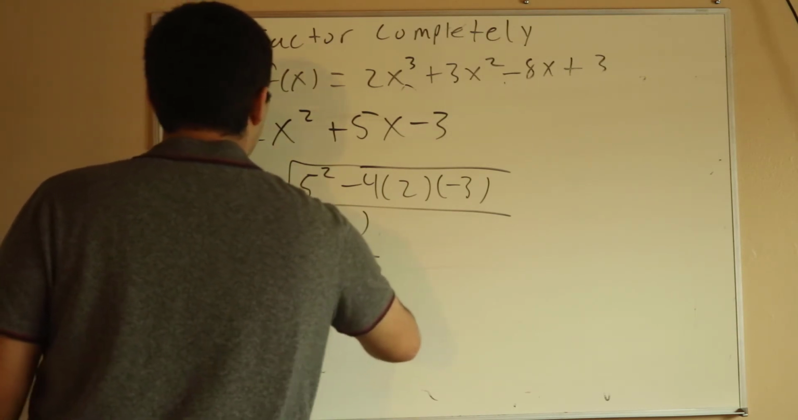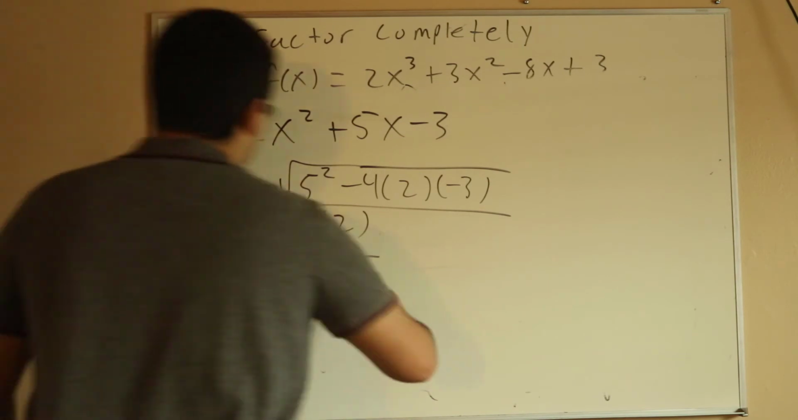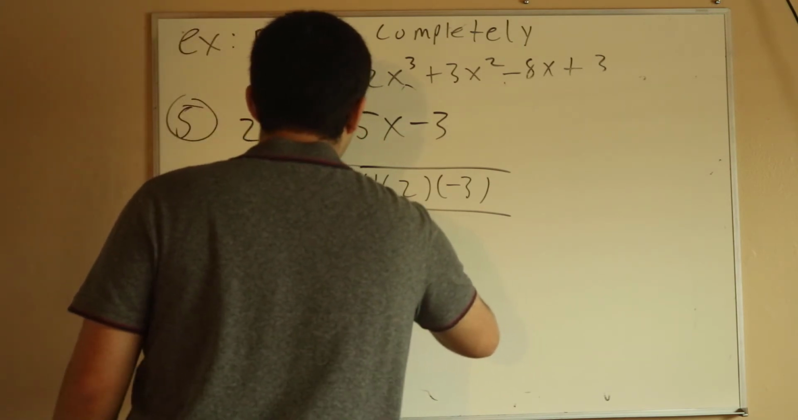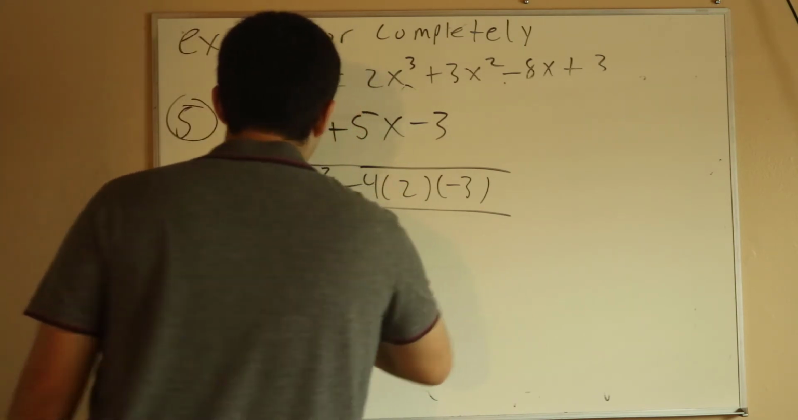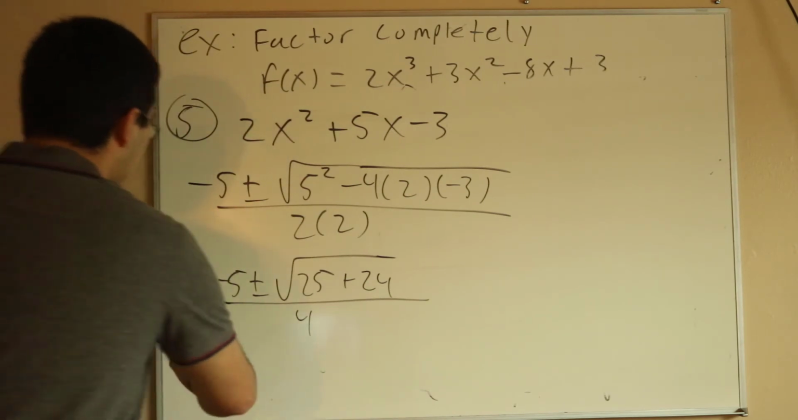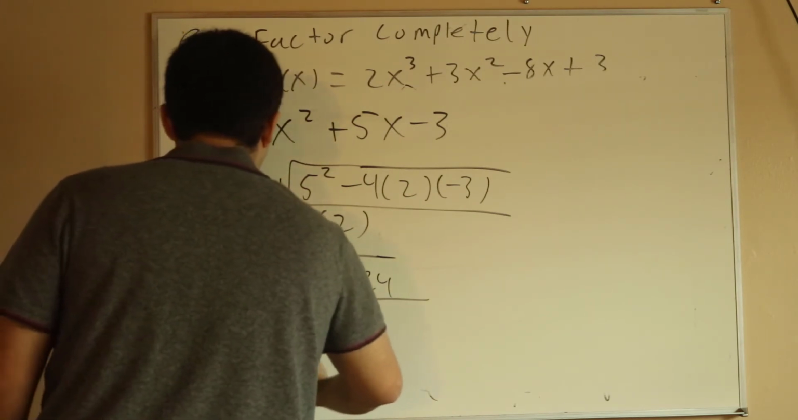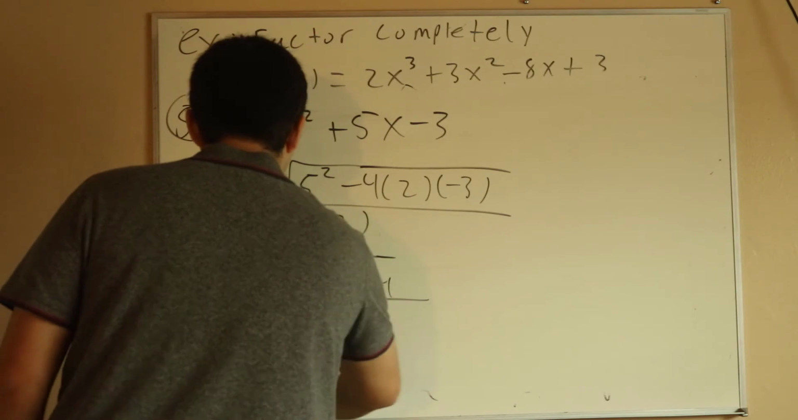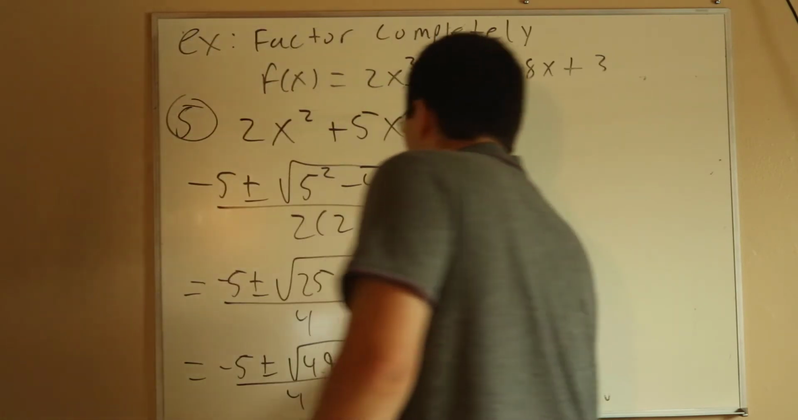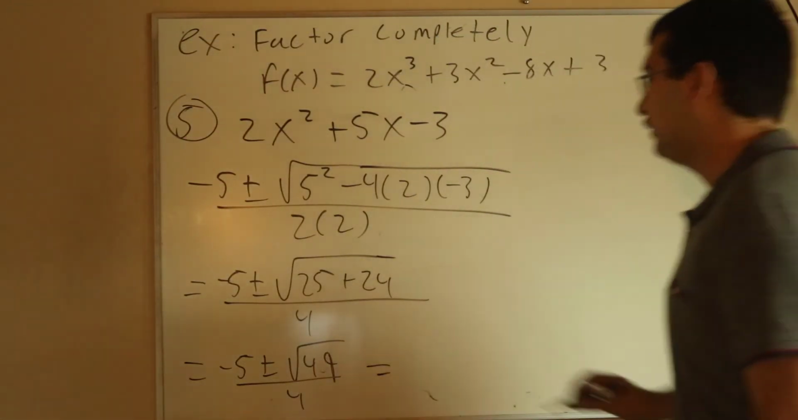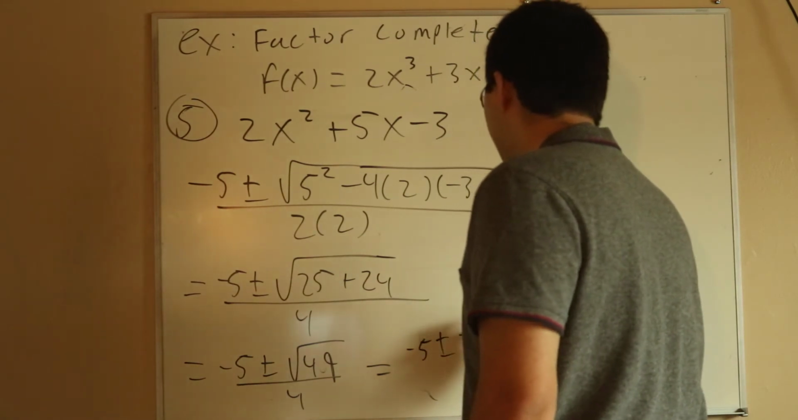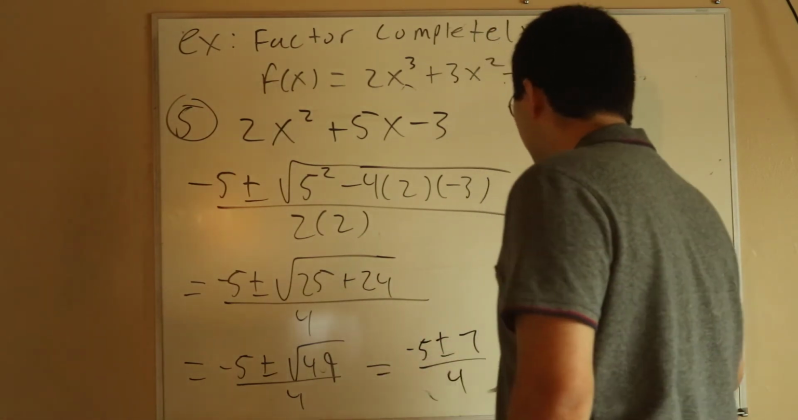square root of 25 plus 24, all divided by 4. All right, which is going to be minus 5 plus or minus the square root of 49 divided by 4, which is going to equal minus 5 plus or minus 7 over 4, which is going to get me